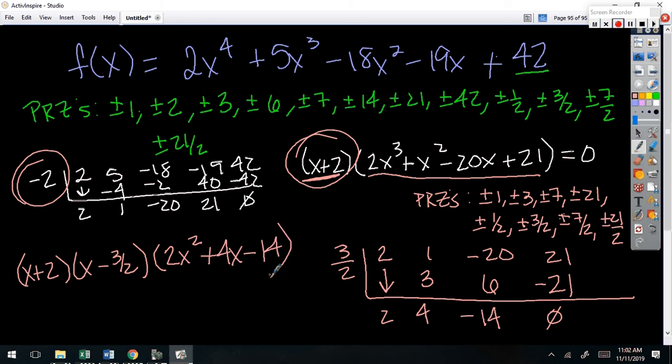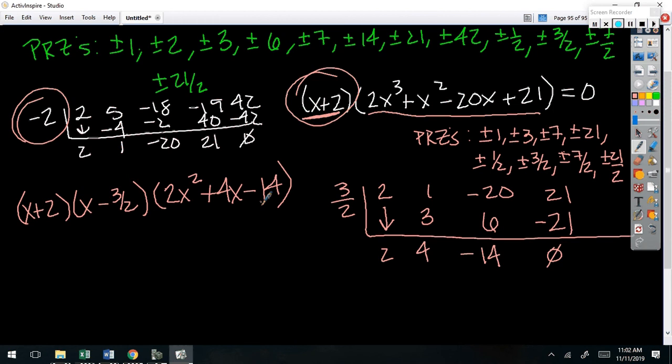The first thing that I notice before I do anything else, yeah. Can you write that x minus 3 over 2 as 2x minus 3? Yes, you can. Well, before I do that, I'm going to take a 2 out of everybody. It's going to make my factoring life easier. Remember that? We always want to look for that GCF. And I'm just going to stick it out. Remember, multiplication is commutative. I can do it in any order. So if I throw it in the front of the equation, that's perfectly okay. x plus 2, x minus 3 over 2. Now my quadratic is a little bit easier to work with.